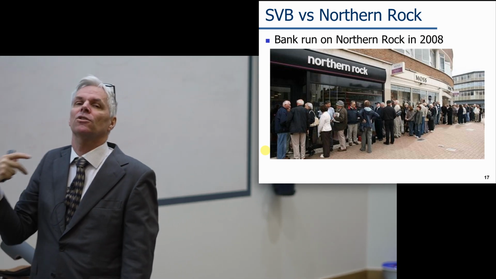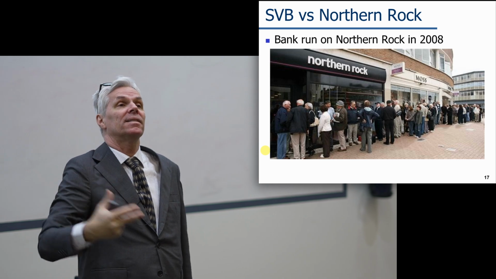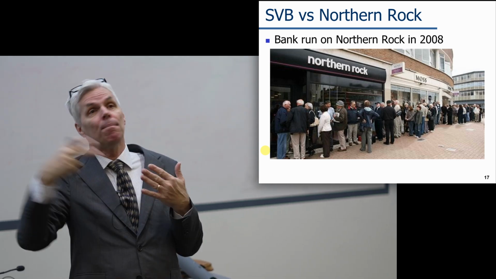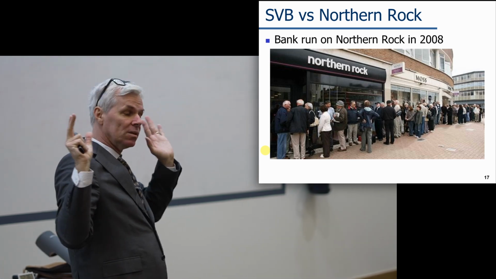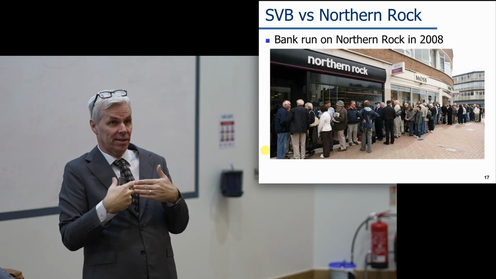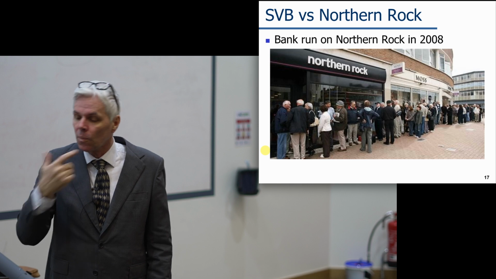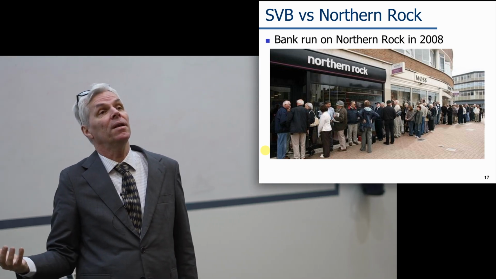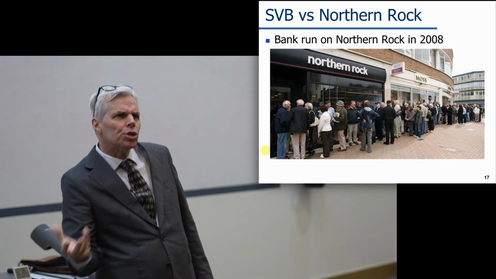Northern Rock was a bank run in kind of a modern style in that they had a lot of debts. They borrowed money. As well as taking deposits, they borrowed a lot. And a lot of modern banks are this way for reasons, but they were borrowing a lot as well as taking deposits. And then the financial crash happened in 2007, and one feature of that was that things were so